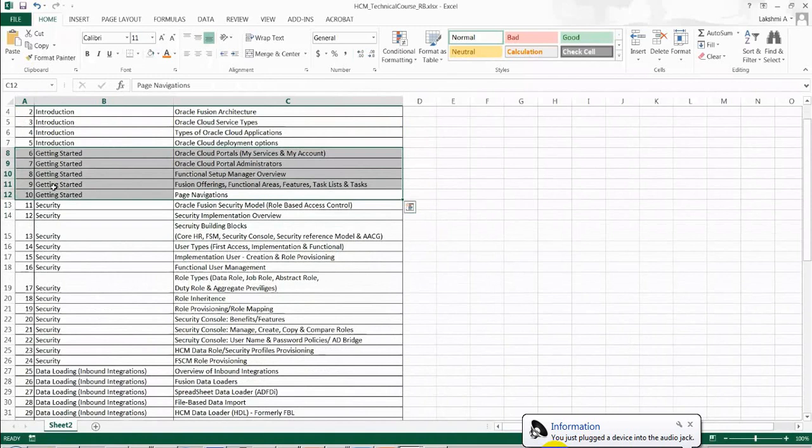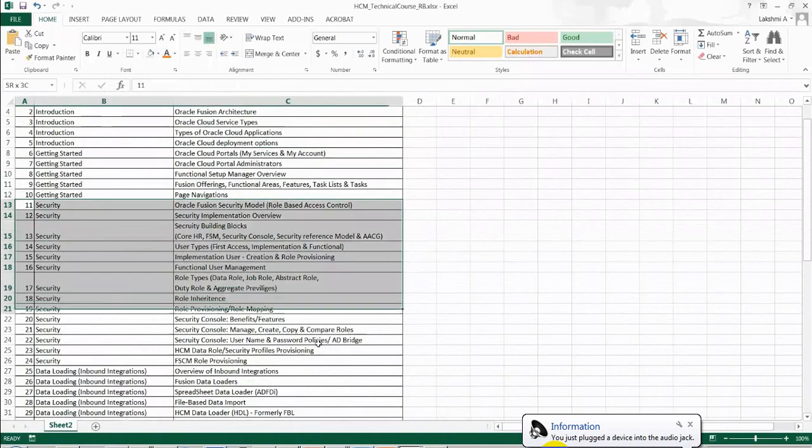And then I will start with security, how security works in the Fusion application. Typically, when we start implementing the project, how we can start giving the security, whom we can call an administrator, whom we can call an implementation consultant, whom we can call the respective owners of the application, like a finance administrator, human resource administrator, a CRM administrator, and how we can give access to the application and define the security within the company.